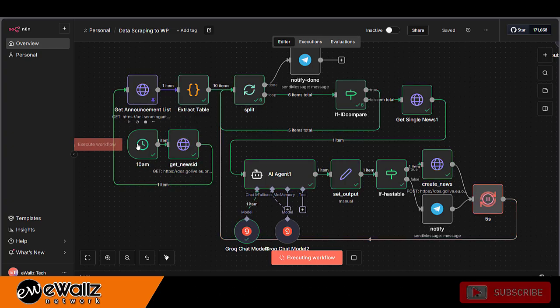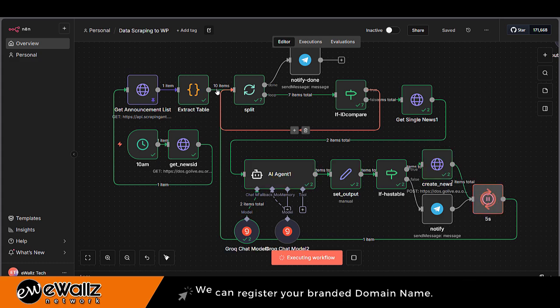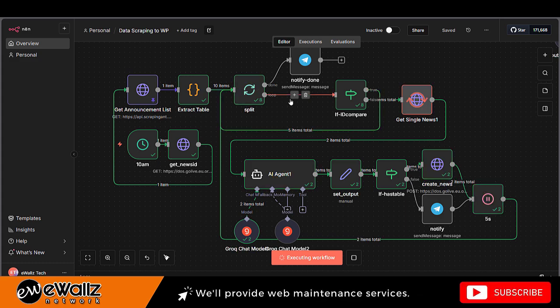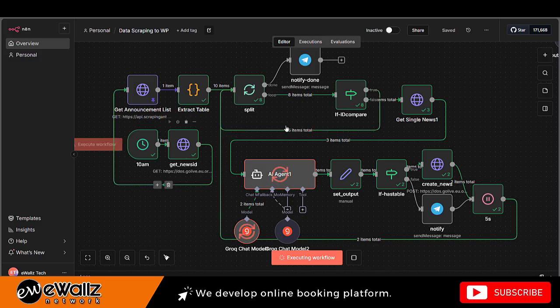After the news ID, it will go to the split extract table. So we have here 10 items in total, 10 news items. From the 10, 8 already passed. During the first validation, we already compare with the unique ID.